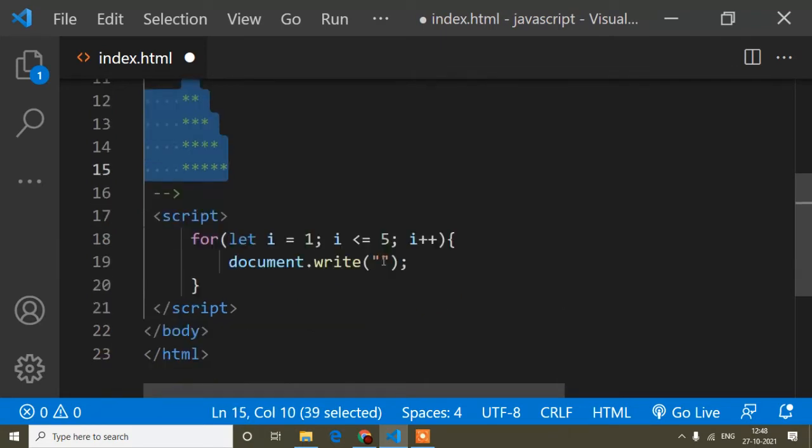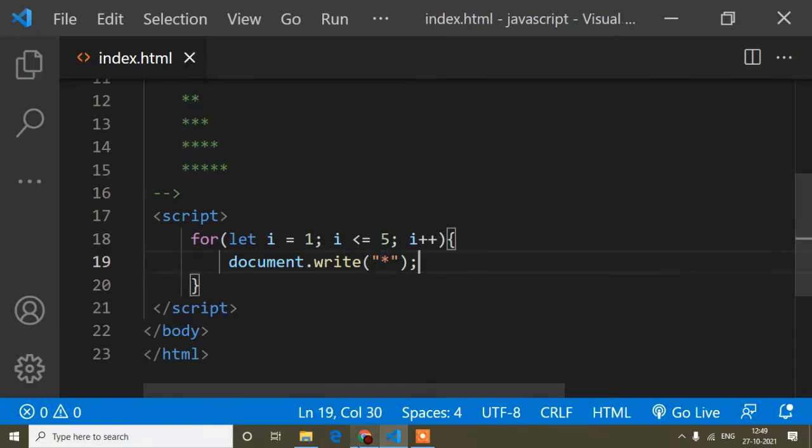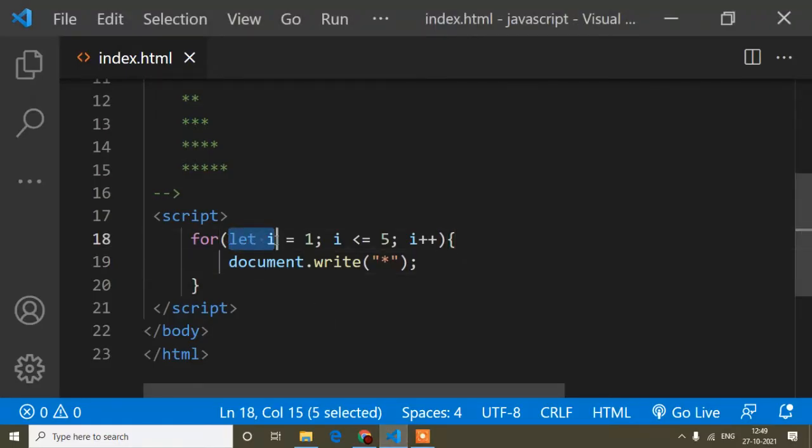So on the keyboard you can easily get this star sign, so you can write it like this. If you want to print any other thing, you can write it instead of the star. So save, and now if I refresh here, you can see 5 stars are printed, because in the JavaScript I have instructed that I will start from 1, I will be less than or equal to 5, that means I will go up to 5, and I will increase by 1 each time. So it's printed here, you can see up to 5. I start from 1, then 2, 3, 4, 5.